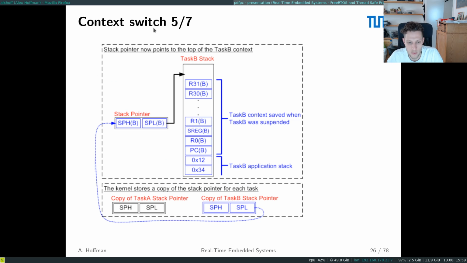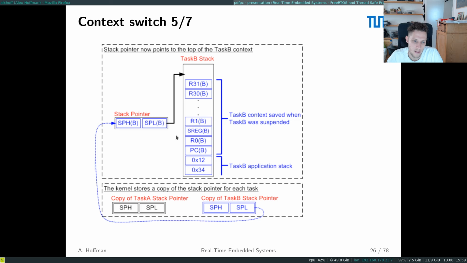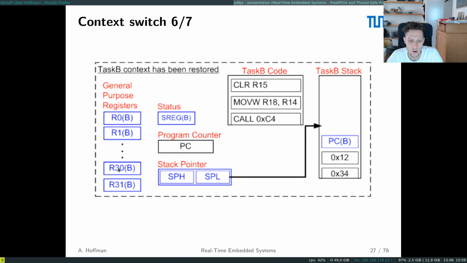So you can imagine we pack up everything in task A. We pack up the stack, we save it into a copy of the stack pointer. Then we take the copy we have for the task B stack pointer and we unpack it. So we know where everything's stored, and we just unpack all the contents back into the CPU, and hey presto,